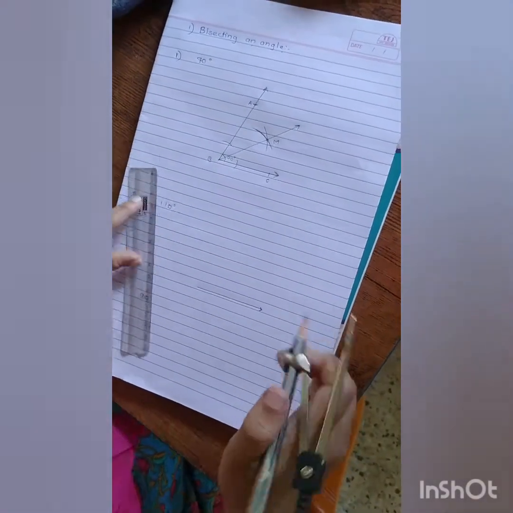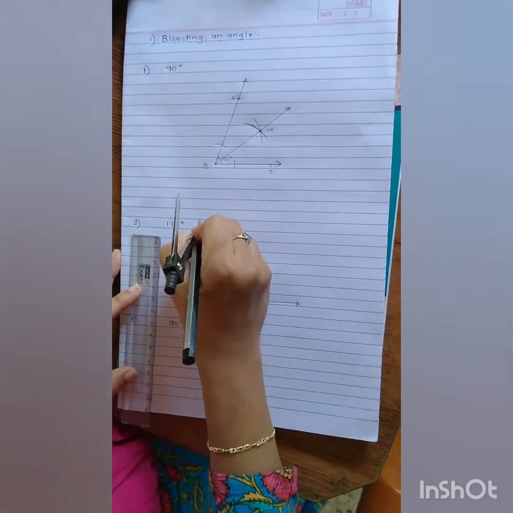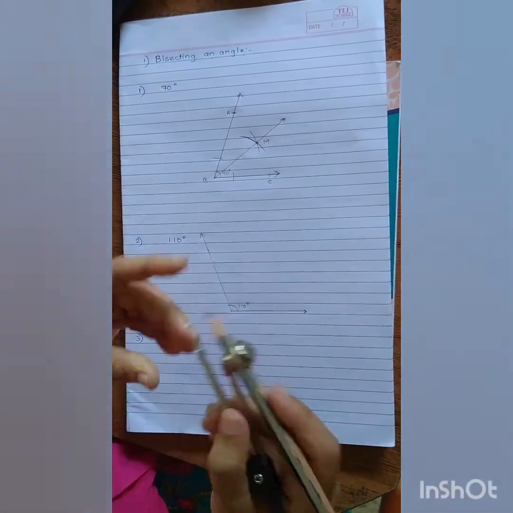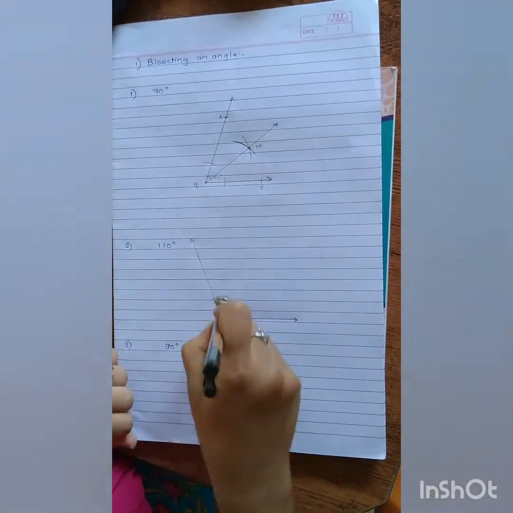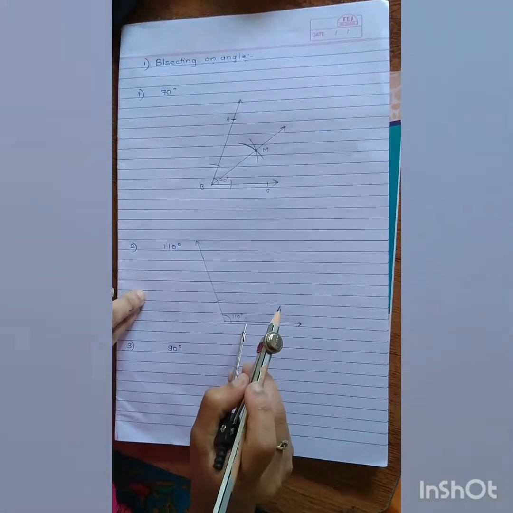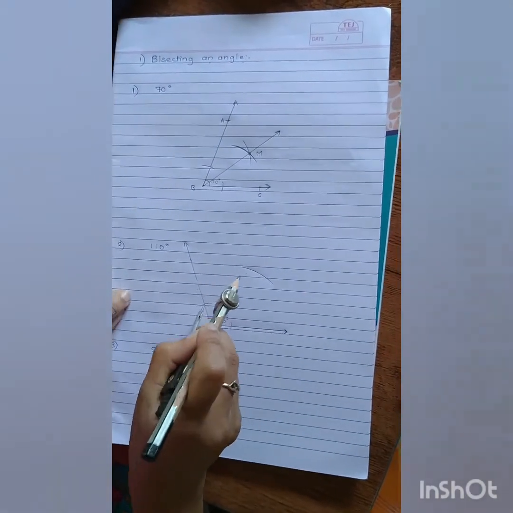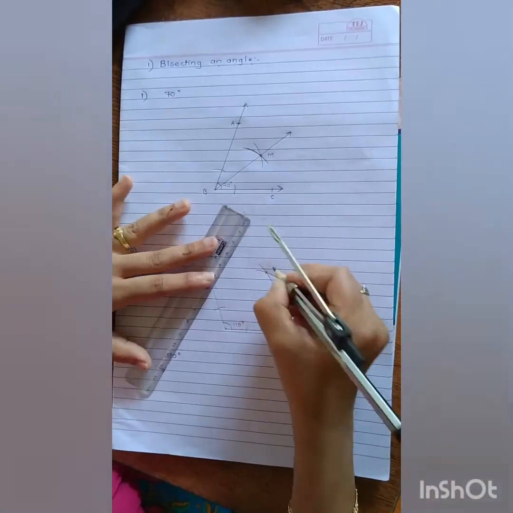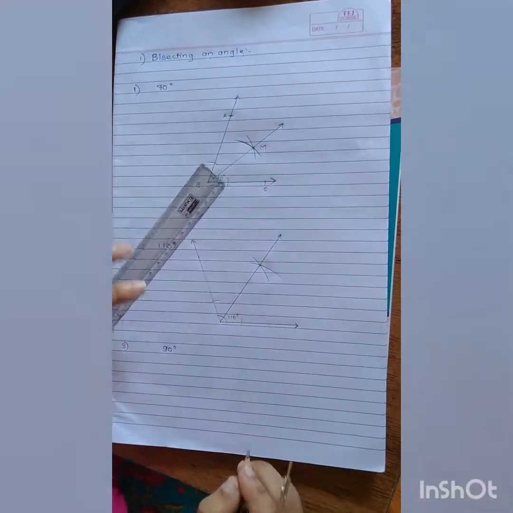I will take the scale again and join this. Yes, I got my angle, that is 110. Now, again take the compass, take a certain distance, keep it at the vertex, and mark two arcs here. Fine, extend the distance. At arc 1 which you got over here, mark like this, any measure you can take, and here also you can keep and draw this. You can see you got one point here. That point and this point, you are going to join them. This is called the bisector.